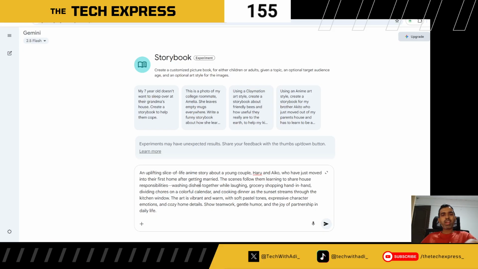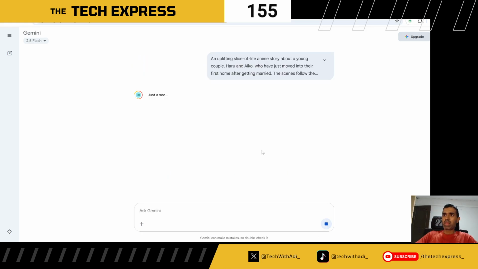In this particular story, I'm primarily telling Gemini that there are 2 characters, and they've moved into their first home after getting married. How can they share responsibilities equally? How can they do things equally? I want this illustrated and communicated via story. Obviously, once you've put in the prompt, which could be short, it could be as detailed as possible, you can click the submit button and you start